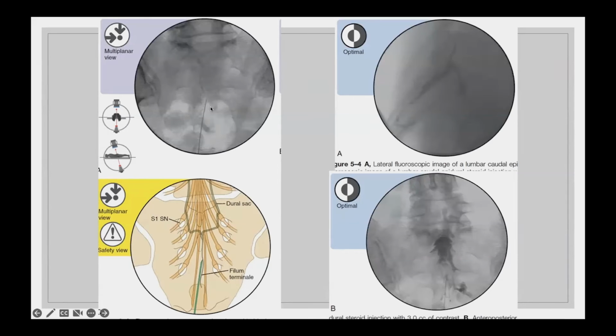This is what it looks like in terms of front and back orientation. It's better to orient yourself with this cartoon. So these are now the pictured nerve roots. They always look like this wiry Christmas tree. We're entering here at a safe space that's around the nerves themselves. And then you can deposit medication. This is when we put contrast. Contrast helps us highlight in black different areas where we're injecting when we're using X-ray as a guidance mechanism. So you can see that it traces out this wiry Christmas tree pattern.